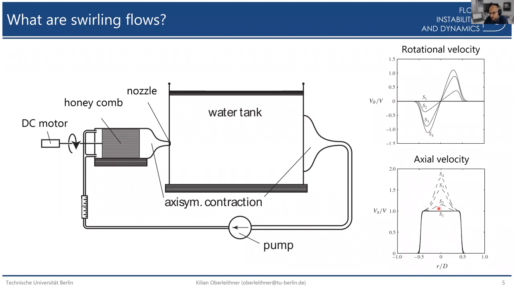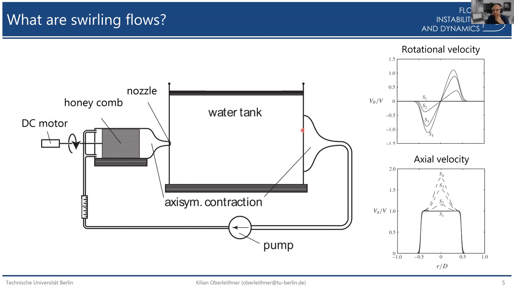The axial velocity profile is basically a top hat profile. So it's very similar to a non-swirling jet, except that you have a little bit of an overshoot at the jet center line. More interesting is your swirl component, or your azimuthal component. This consists of a region in the jet center where you have a linear relation of your azimuthal component. So this is a solid body rotation, then you reach a maximum, and then your azimuthal velocity decays. So you have an azimuthal shear layer further outside. And then, of course, the swirl profile changes when you change the rotation rate of your motor,